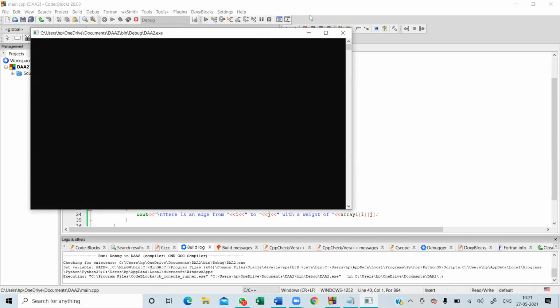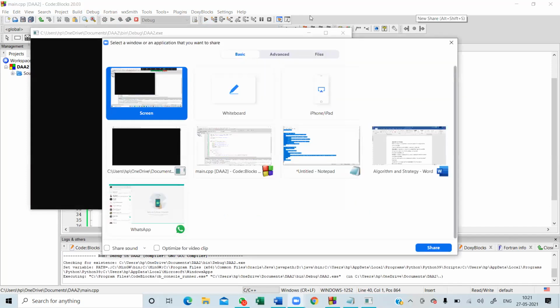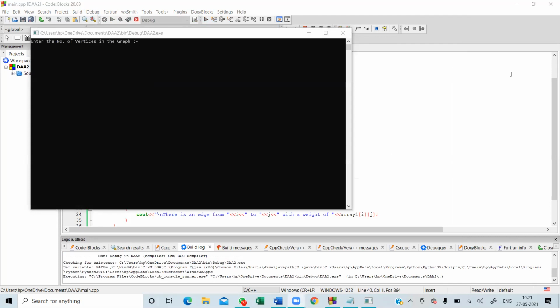First of all, what is required is that you should be able to see the output screen. I hope this output screen is visible to you. First of all, let us take an example for the weighted graph whose weights we have to create, and then we are going to run the program. So how does our weighted graph look like? 0, 1, 2, and 3. There is an edge from 0 to 1. For better representation, we show the vertices in this way.